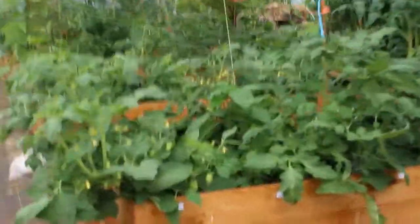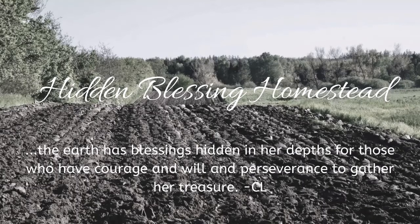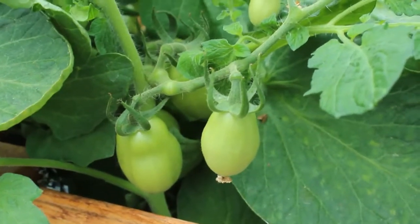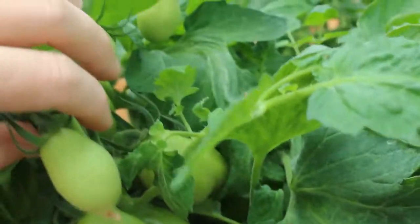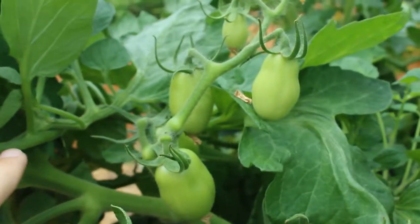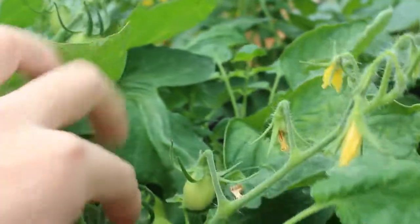It's the last week of June, and I thought I would give you a quick update in the greenhouse. I'm quite happy with the results of having planted out here in May. We have quite the head start, and just having to cover and not having to heat, I think it's been great. Our Napoli paste tomatoes already have set quite a bit of fruit,